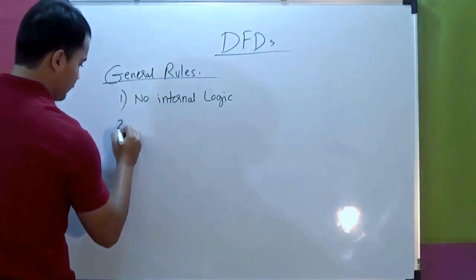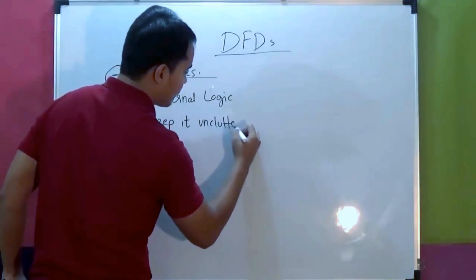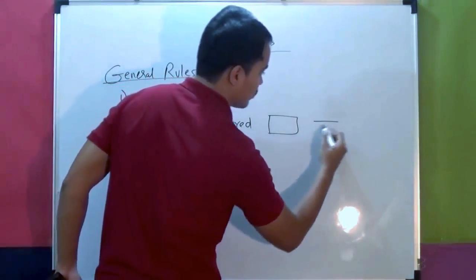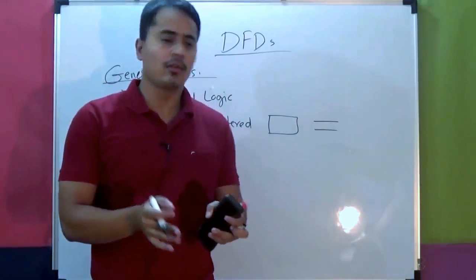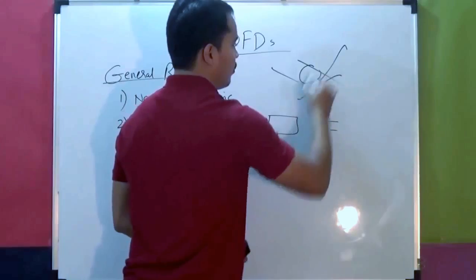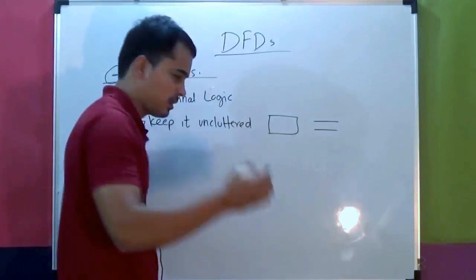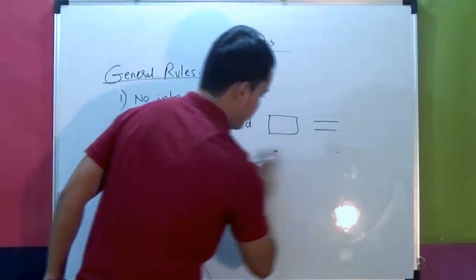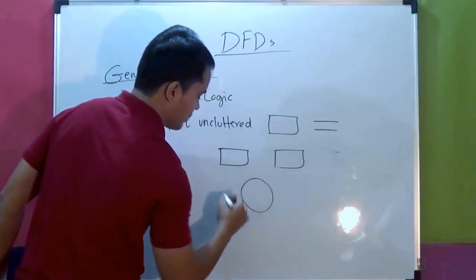The second thing is, to keep the data flow diagram uncluttered, you can repeat the external entities and data stores. Remember what I said, you cannot repeat a process. If you do not repeat anything, it becomes kind of messy, right? Everything just flows by everything. So you can use some technique for data flows. For example, these are two entities and this is one process.